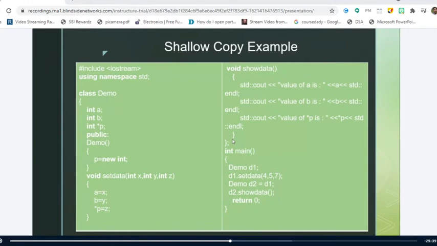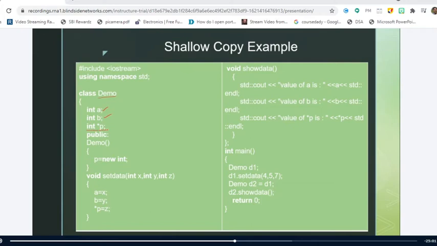What is the name of the class I have defined here? Demo, sir. Demo, right? How many data members have I declared here? 3, sir. Do they belong to private or public? Private, sir. Private. Why? Because if I don't specify any access specifier label, then by default the compiler will treat them as private data members. Therefore, A is private, B is private, and listen here.